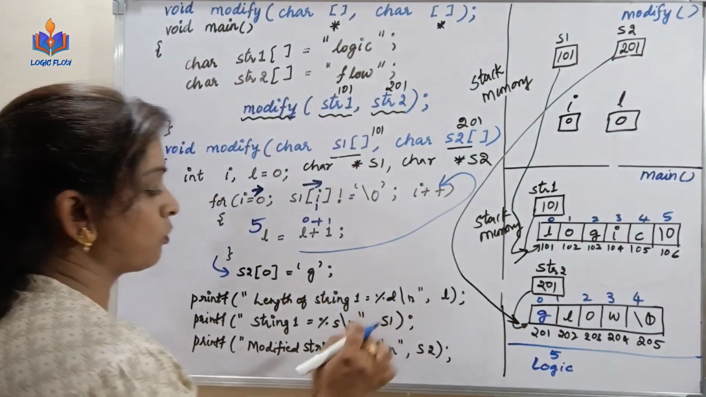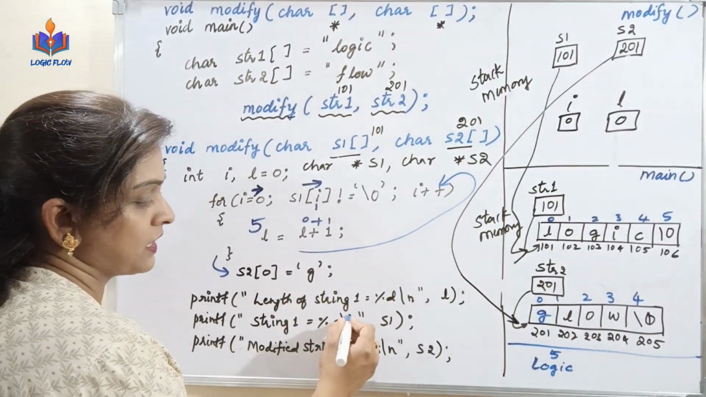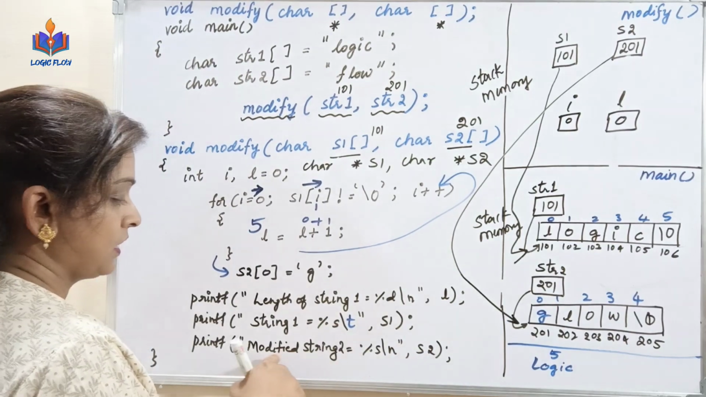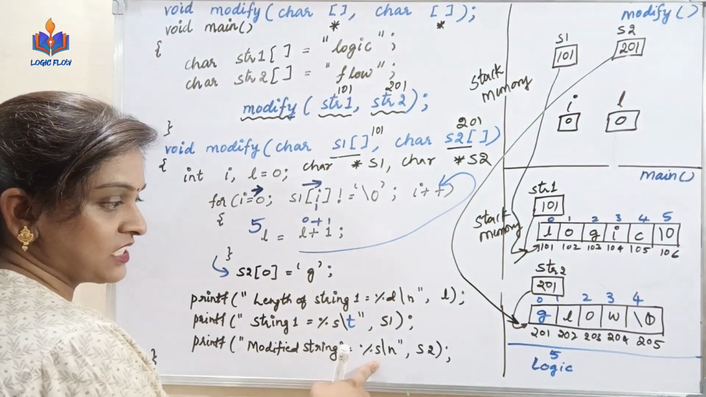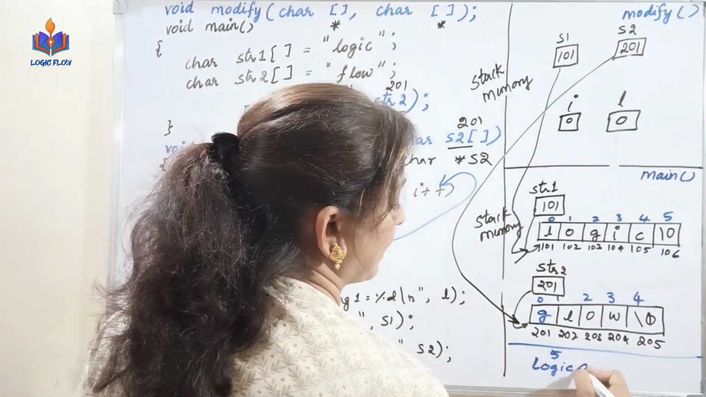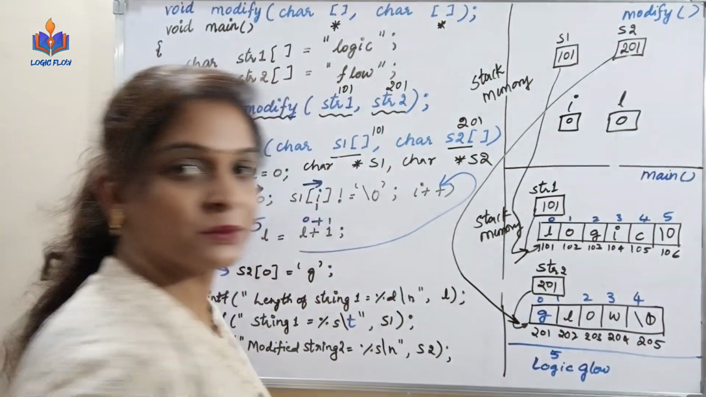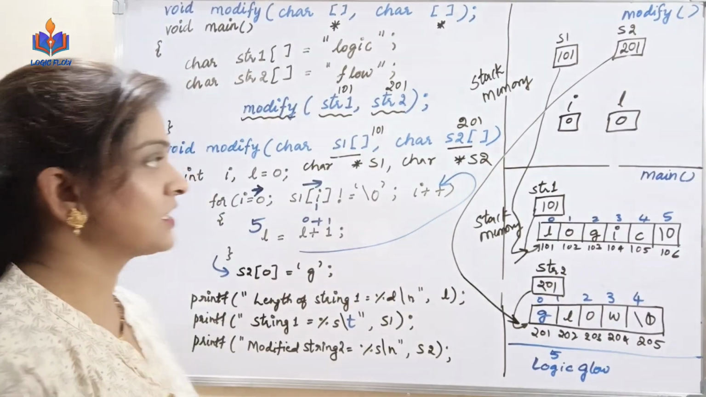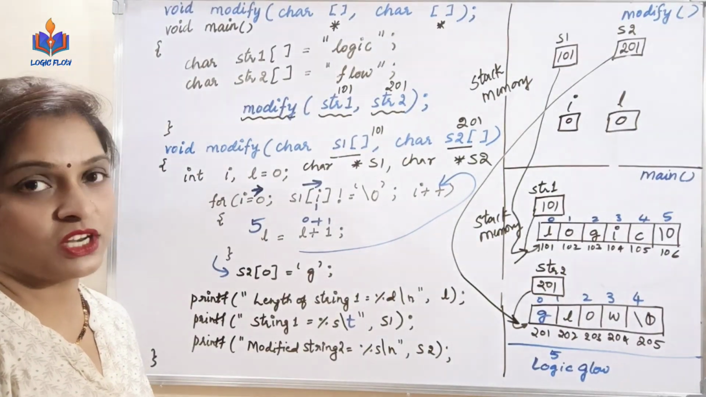New line. If you want, you can just have tab space. Then modified string, percentages, S2. So S2 is pointing to 201. I have modified one character. I say logic, glow. So like this, I can handle strings with